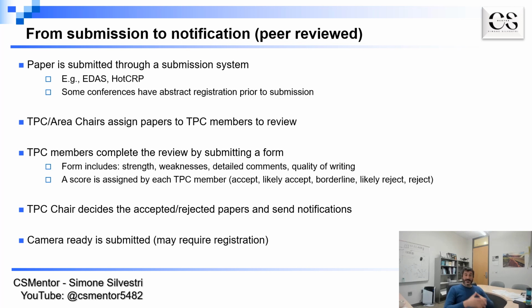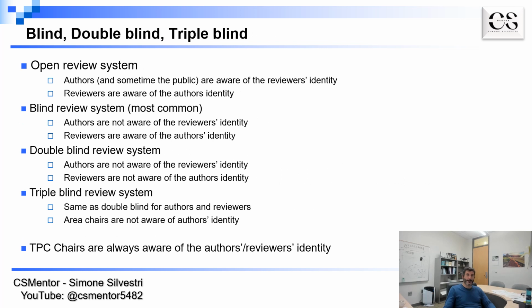So the authors of the accepted papers then need to prepare the final version of their paper, which is called the camera ready, which is the actual version that finally is going to be included in the proceedings of the conference. And in this camera ready version, generally you need to address the reviewer comments that you have found in the reviews. So maybe some reviewers may say, oh, you may need to rewrite this part, or maybe add these experiments, or slightly modify the paper to make this more clear, etc. So it's important that you address these issues in the camera ready version.